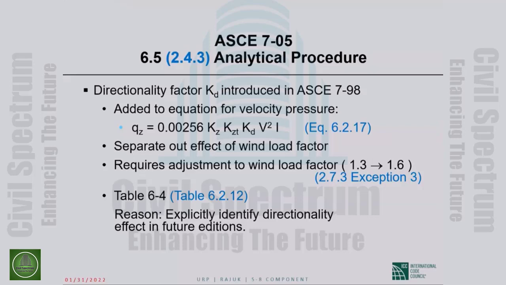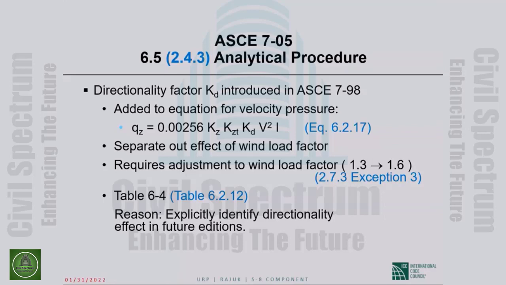Wind direction changes from one instant to the next. The very next instant, the wind direction will have changed and it will no longer be along the most critical direction of the building. This fact is taken into account through the directionality factor K sub D, which is 0.85